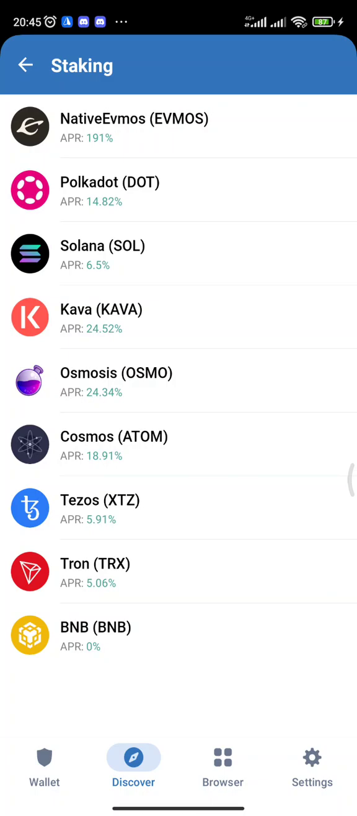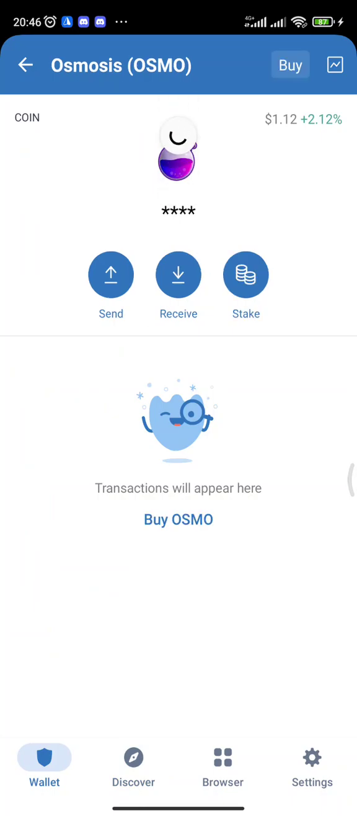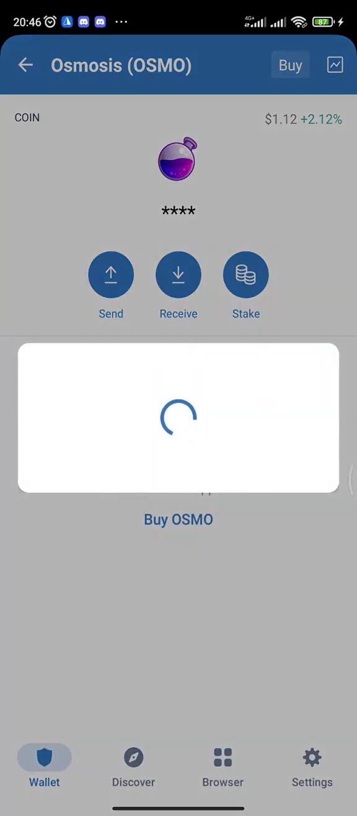191 APR, that's annual percentage return. And so for native Evmos, you are making 191% per annum. And Polkadot, Solana is 6.5%, Kava 24%, Osmosis, Cosmos, Tezos, and Tron. Like I showed you, just have to click on the coin and go under stake